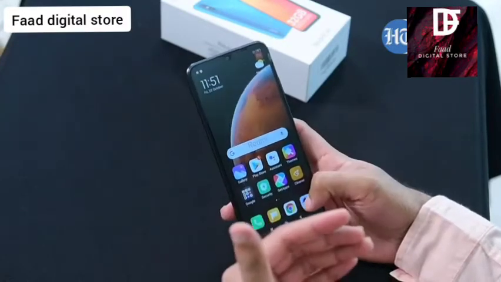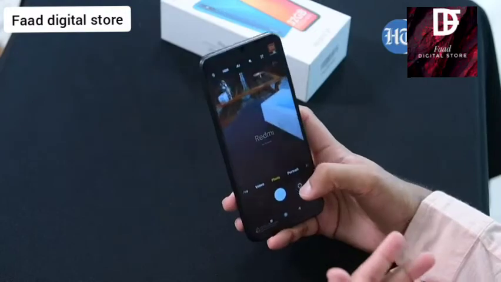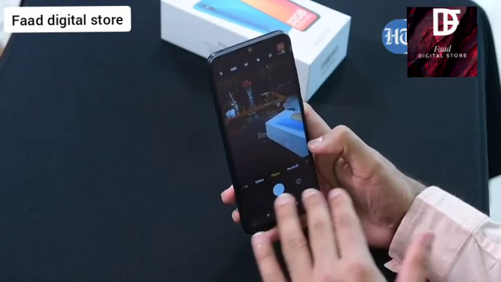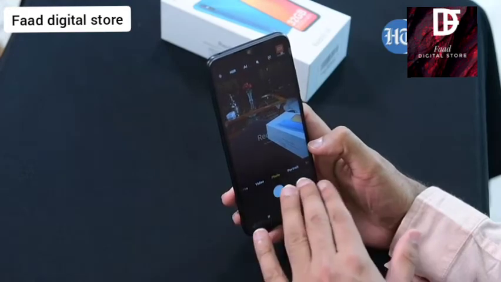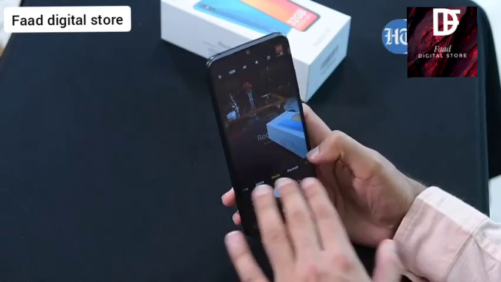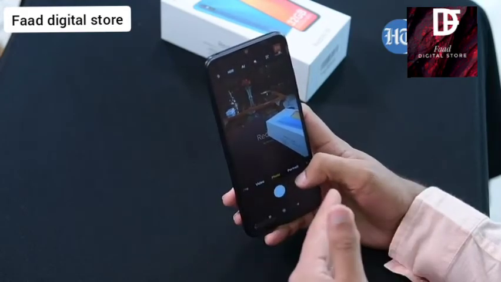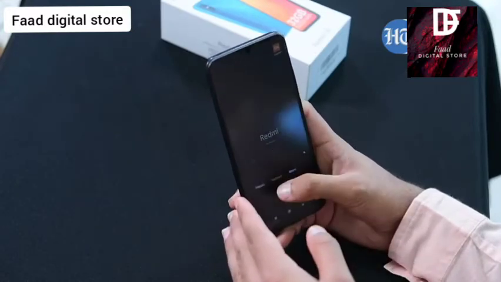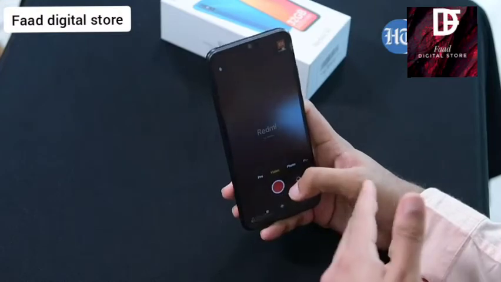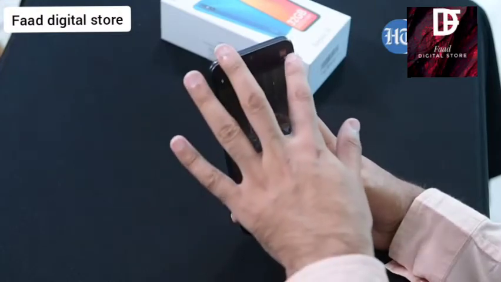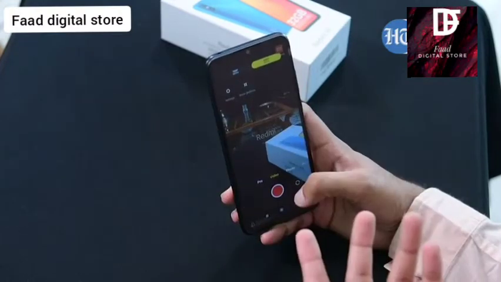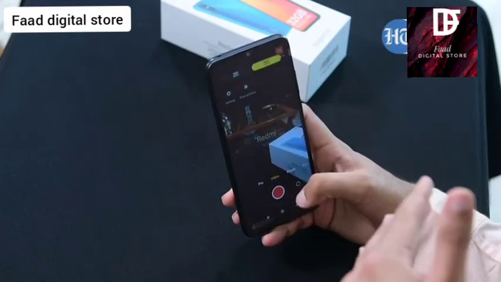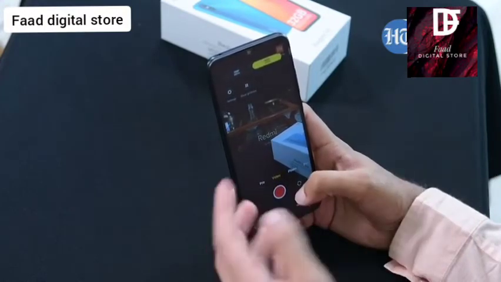In terms of the interface, now let's look into the interface of this phone's camera. Again, very simple interface, easy to read and very user friendly, and all the elements are clearly mentioned here. So you have the photo, you have this portrait thing, and then you have this more option which lets you do other things. Apart from that, you have the video thing also, which lets you shoot in different resolution. So you have the 720p video resolution quality with 30 fps, or you can shoot it at 1080p resolution, which is full HD at 30 fps also.